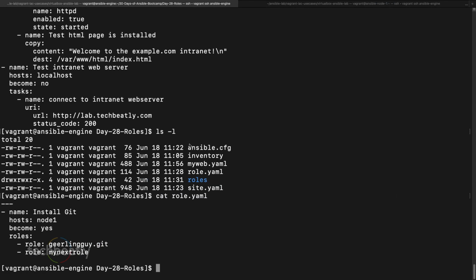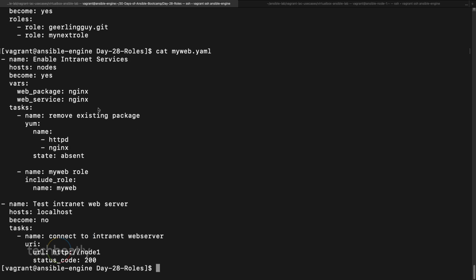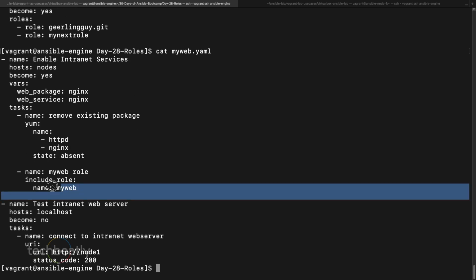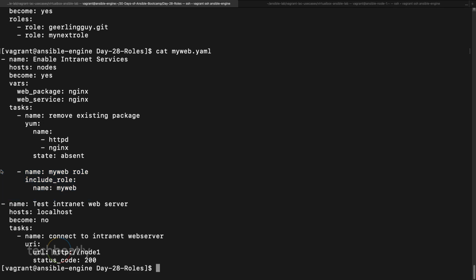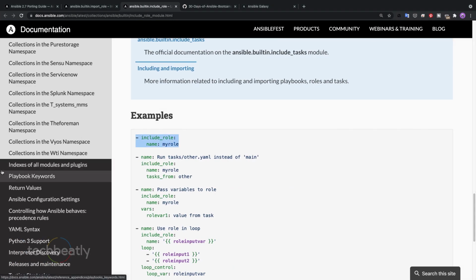We have this example here, get my web. You can see I am including the role. Instead of calling the roles directly, I just use include role, this module, to call the role called my web. Okay, that's include role.